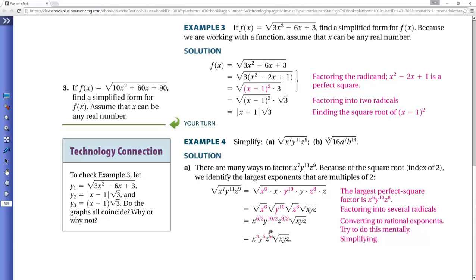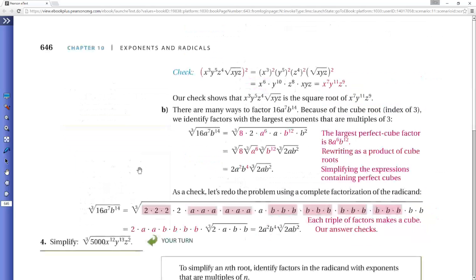1/2 of 10 is 5. 1/2 of 8 is 4. Kind of skipping this fractional exponent, they just simplify those fractions. And then what's left? I still have this x, y, and z, so I still have all this times the square root of x, y, and z. We can check that